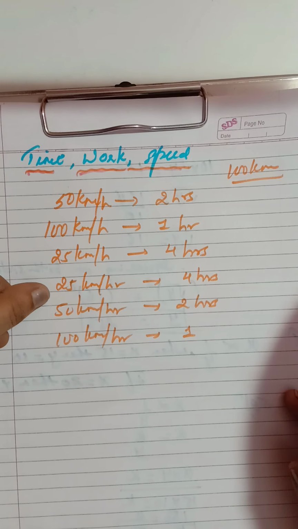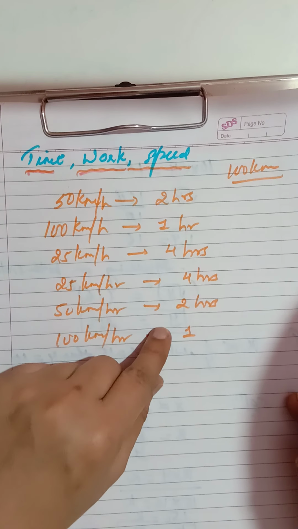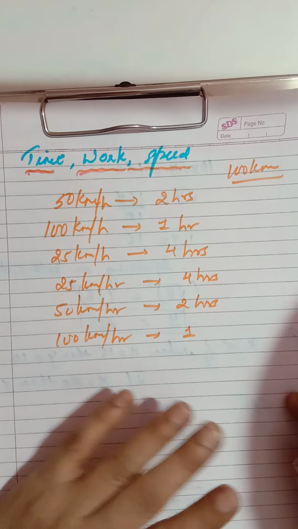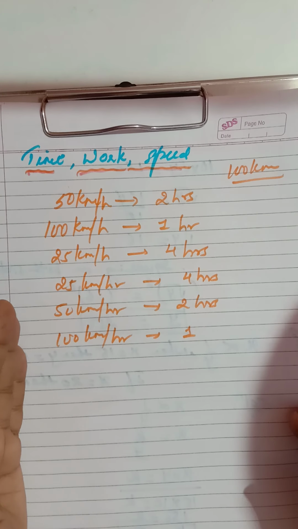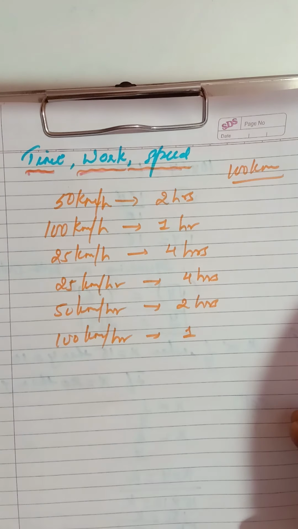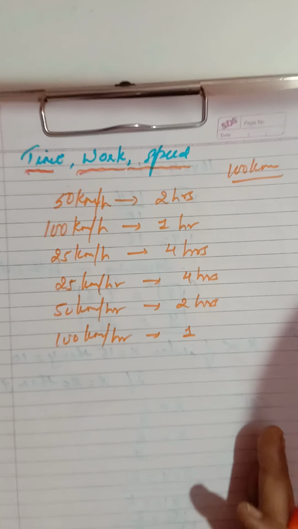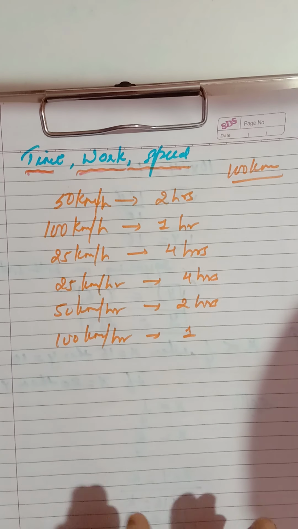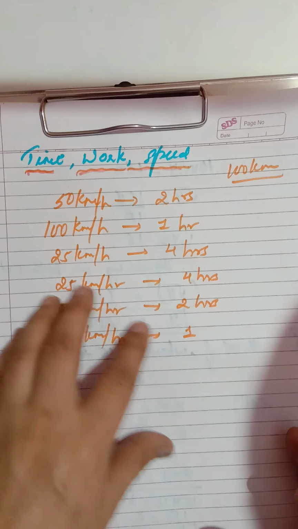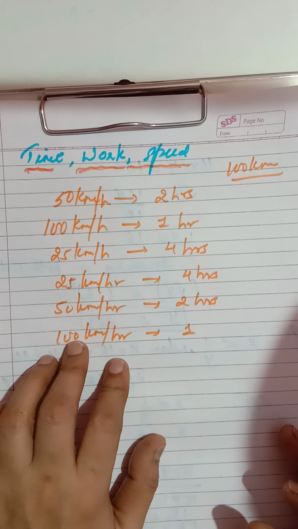That means children, you can observe that if the speed of the vehicle is increasing, the number of hours is decreasing. That means there is this type of variation, where one quantity is increasing, the other one is decreasing. So here we get an inverse variation, between the speed and number of hours of a vehicle. So this type of example related to time comes under the variation topic, understood? And that is inverse variation.